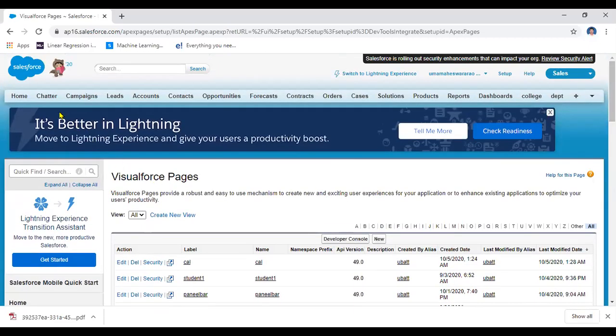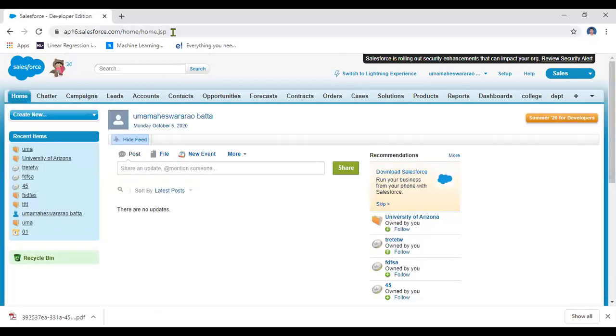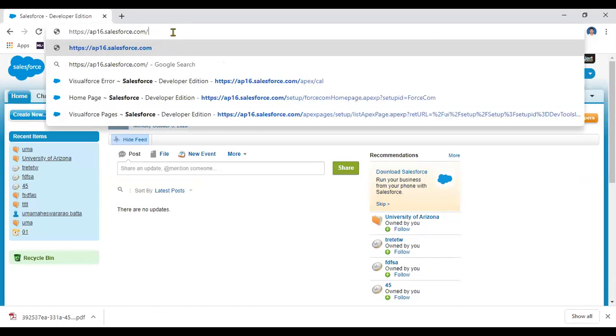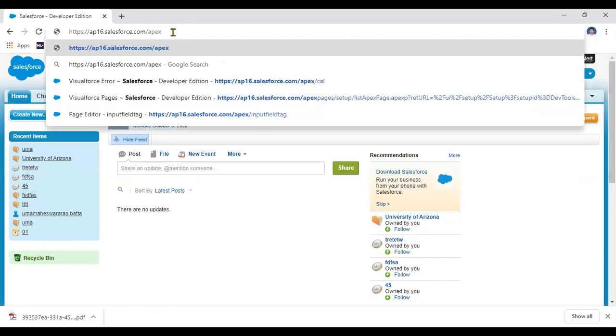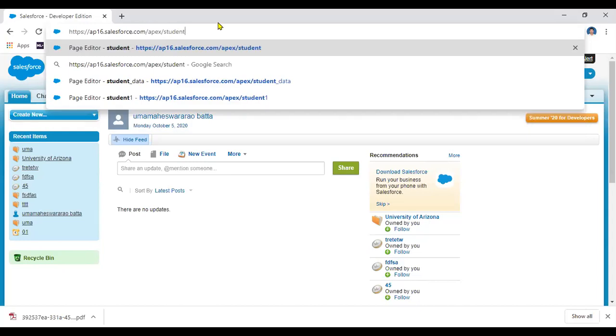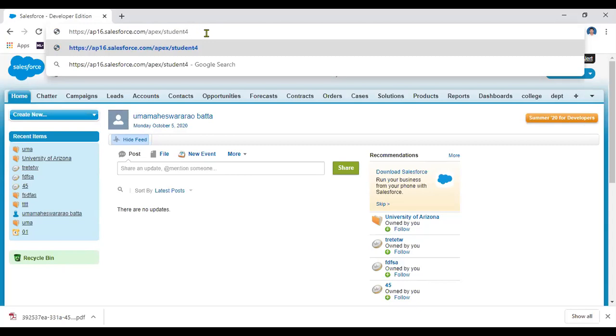Another way is to go to home, and from here simply create Apex slash name. The name of the page is student details.